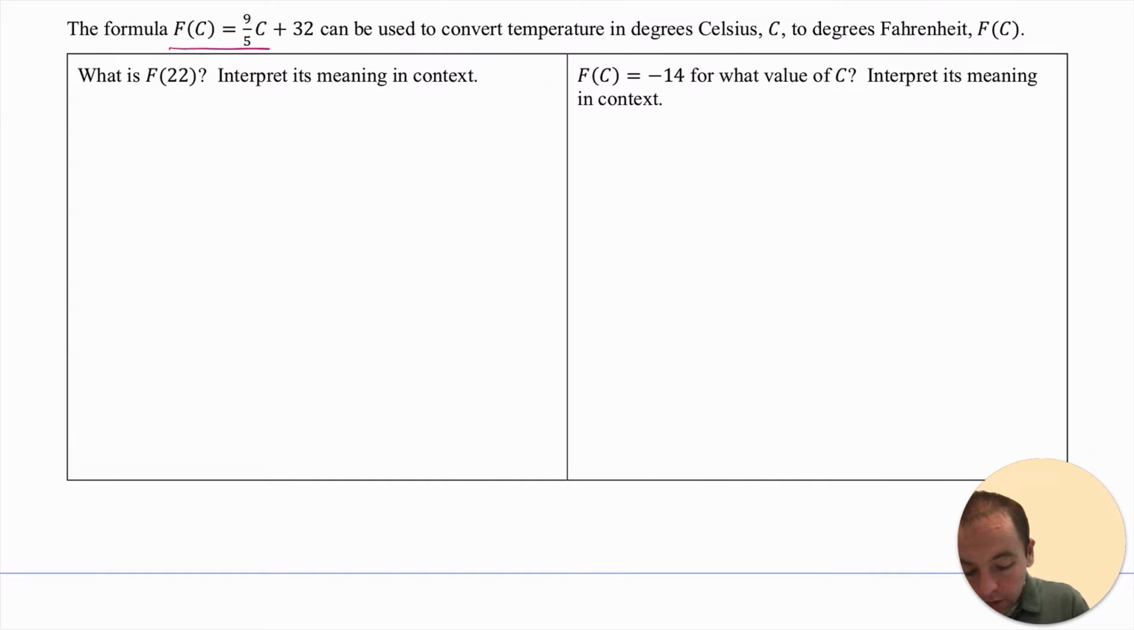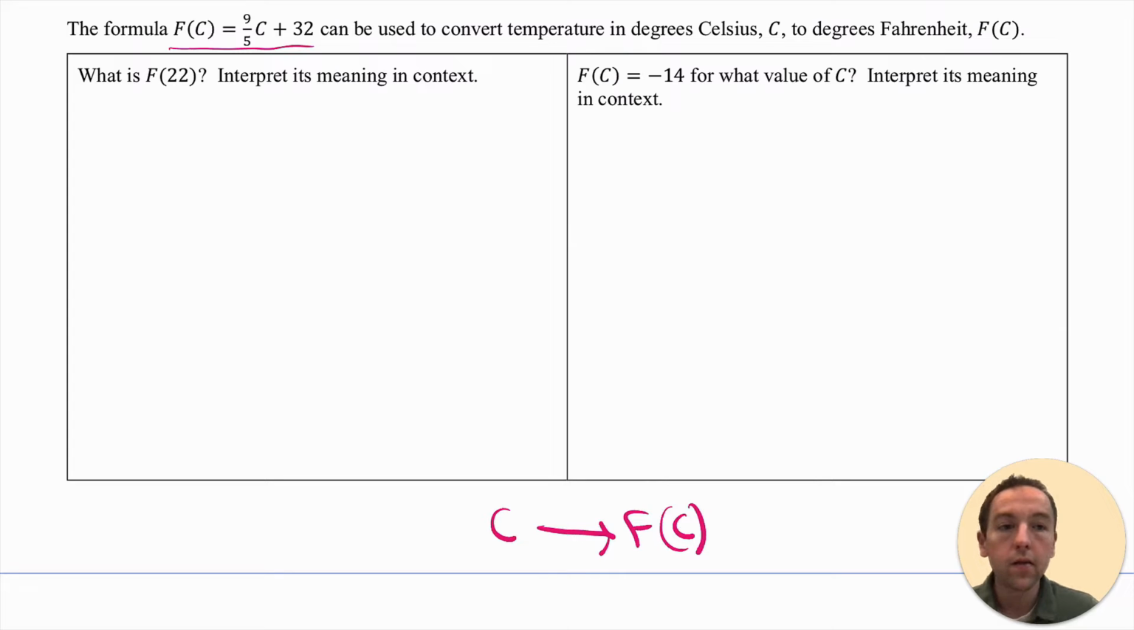So we have a formula, f of c equals 9/5 c plus 32, that can be used to convert between temperatures that are expressed in degrees Celsius, which we represent with c, and then to degrees Fahrenheit, f of c. So really we have this relationship where c gets sent to f of c, and that's going to be the temperature in degrees Fahrenheit. So if we find what f of 22 is, then it's just a matter of plugging 22 in for your